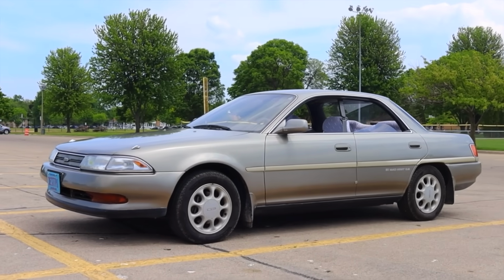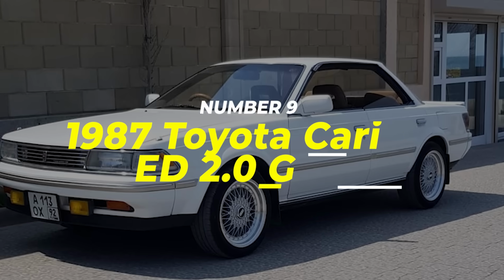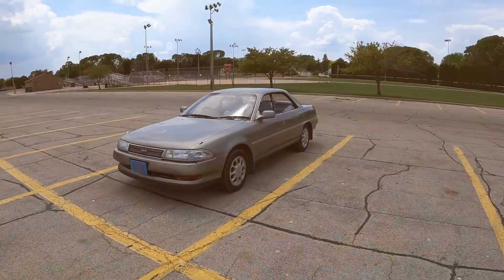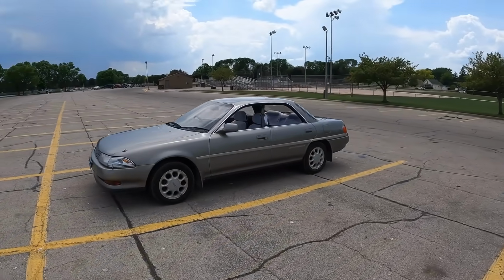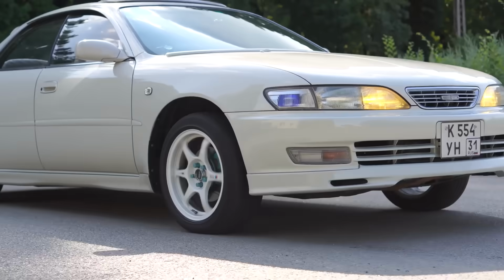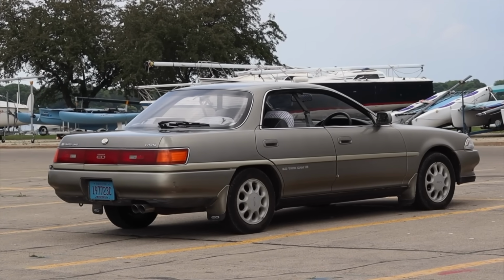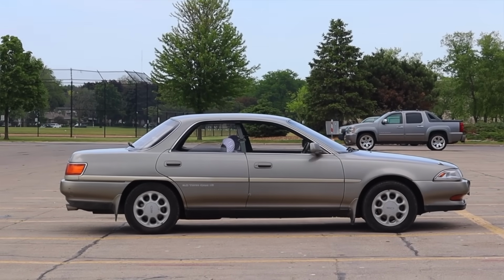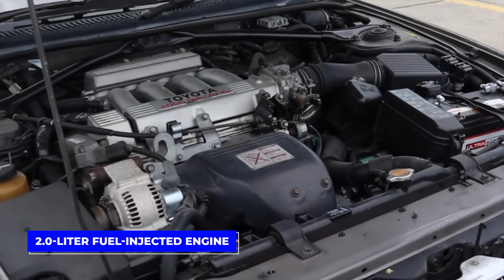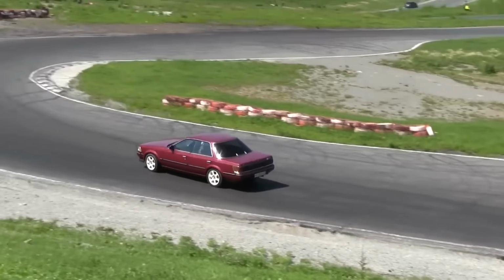And coming up next, another Nissan that turned heads in its own quiet way. Number 9. 1987 Toyota Carina ED 2.0 GTR. Continuing from the Nissan Leopard, let's take a look at the 1987 Toyota Carina ED 2.0 GTR, a car that defied expectations. While most people viewed the Carina as just another family sedan, the GTR variant had much more to offer. With a 2.0-liter fuel-injected engine, it was capable of surprising performance, boasting nimble handling and impressive acceleration for its